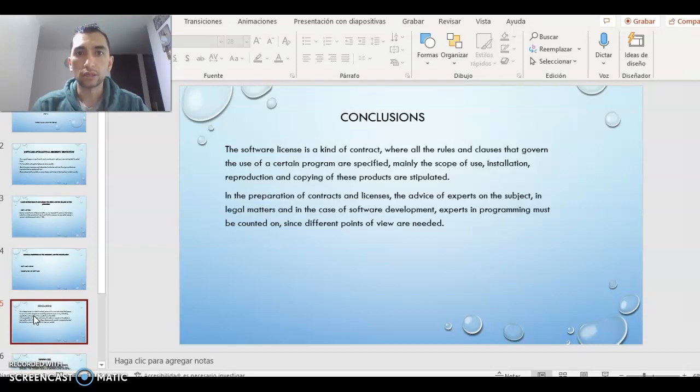These prices are stipulated in the preparation of the contract and licensing. The advice of experts in legal matters and software development and programming experts might be needed, since different points of view are needed.